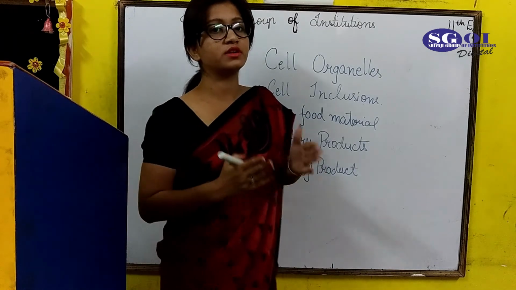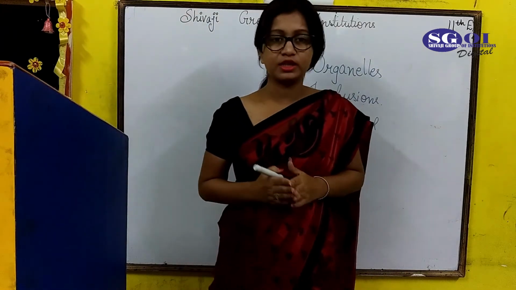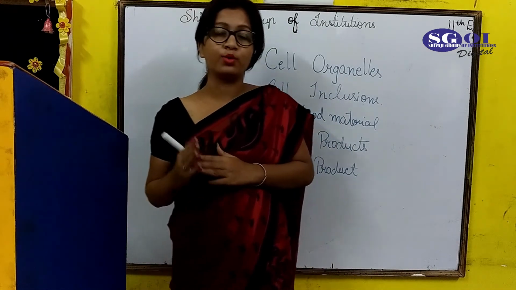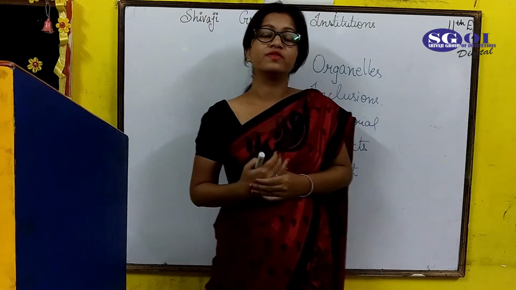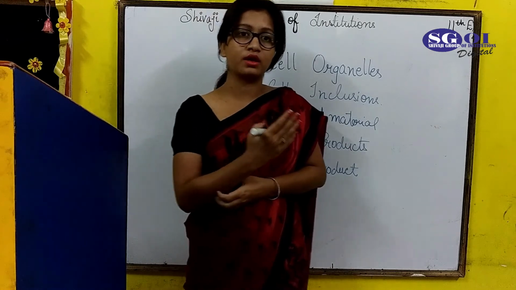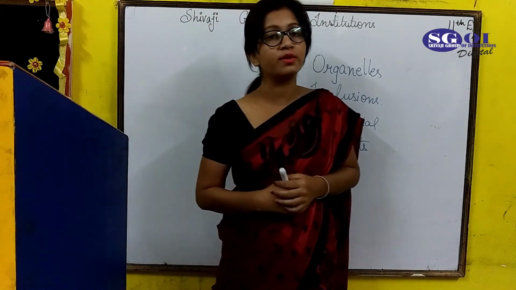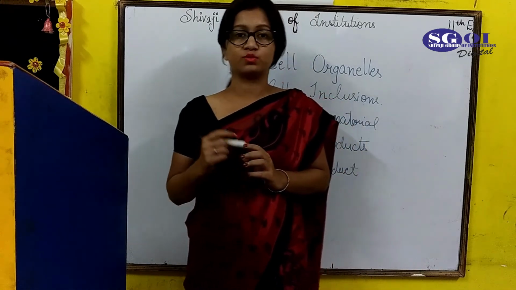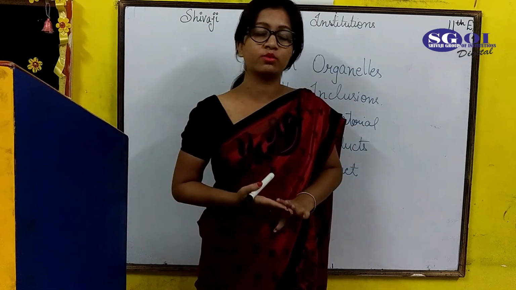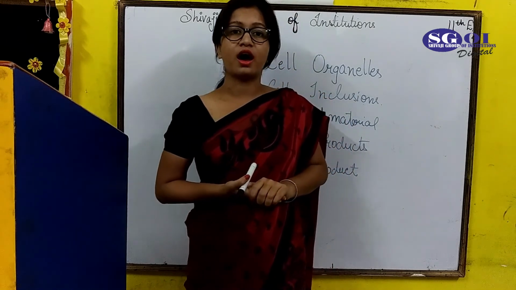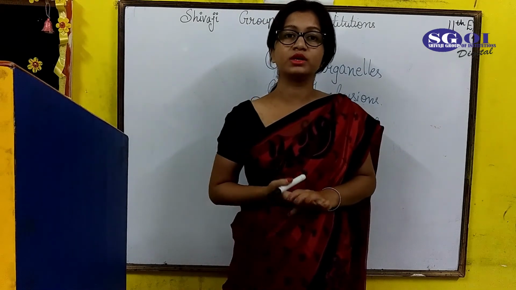So today we have discussed the plasmalemma. The plasmalemma has an outer part, the plasma membrane, for which three models are suggested. The first one is the sandwich model, the second one is the unit membrane model, and the third one, which is most important, is the fluid mosaic model by Singer and Nicolson. After that, we have discussed the structure of plasma